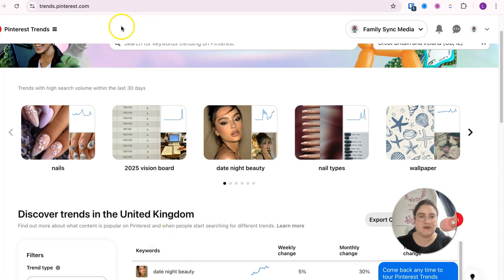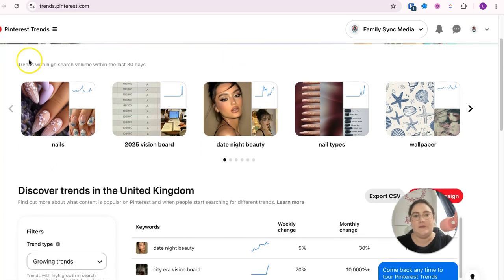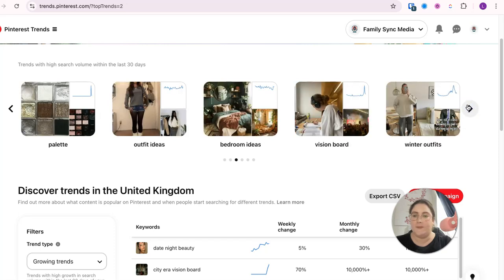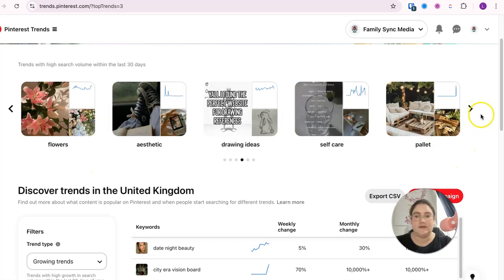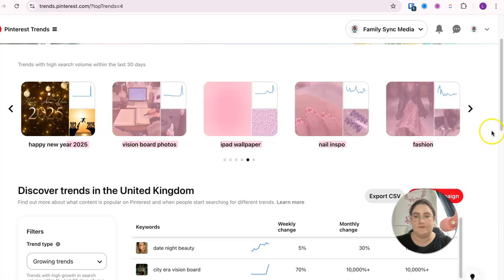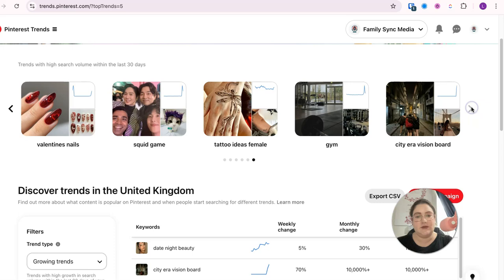This is called Pinterest Trends. If you just go onto Google and type in Pinterest Trends, it will bring this page up. Obviously you can see here, these are trends that have been searched with a high volume within the last 30 days. If you scroll across, you've got all of these here. It would be a really good idea if you can get some of these keywords or products into your